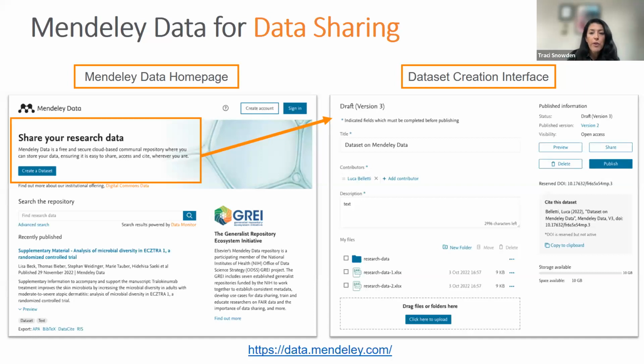And I just want to go over the basic data set creation protocol here. So, essentially in the interface, creating a title for your data set, making sure that all contributors are listed, being able to add multiple contributors, providing a clear description, providing steps for reproducibility, as we've discussed before, uploading those files, dragging and dropping, utilizing those integrations, etc.